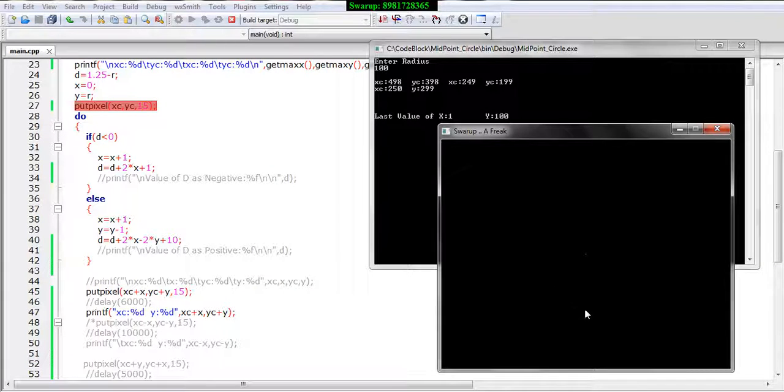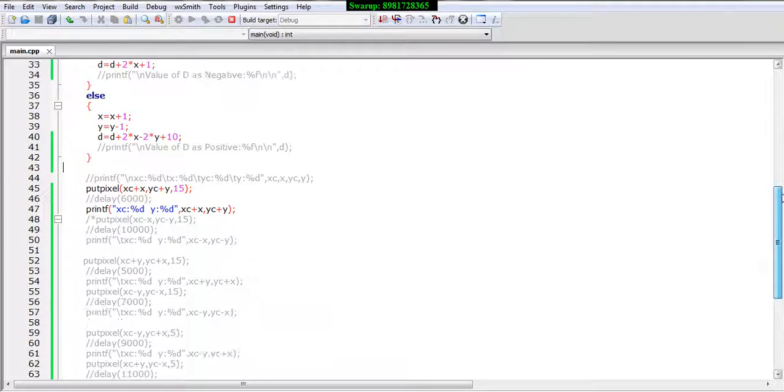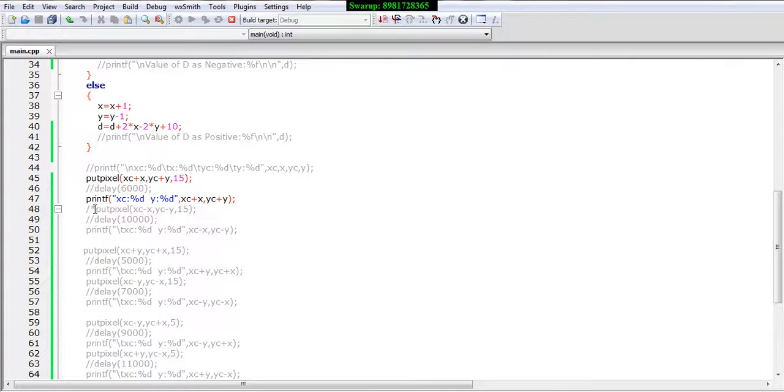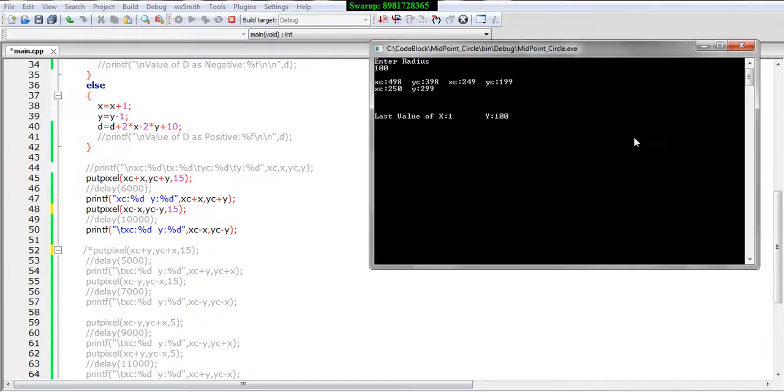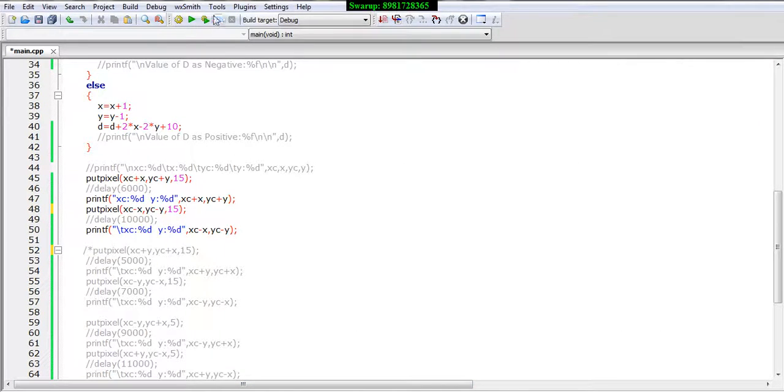So I have generated only one particular pixel. Now we have to move to the other one. The reflection of this particular pixel will definitely be on the other side. So this is the bottom, there has to be one on the top, and for that I will be unchecking the comment line which I have placed over here, so that you understand what I actually did. But as I run the program, I will be unchecking them and putting them in some other place. So 2 pixels are now plotted, one at the bottom, the other at the top. Let me run the program once more to show you what change has actually taken place.